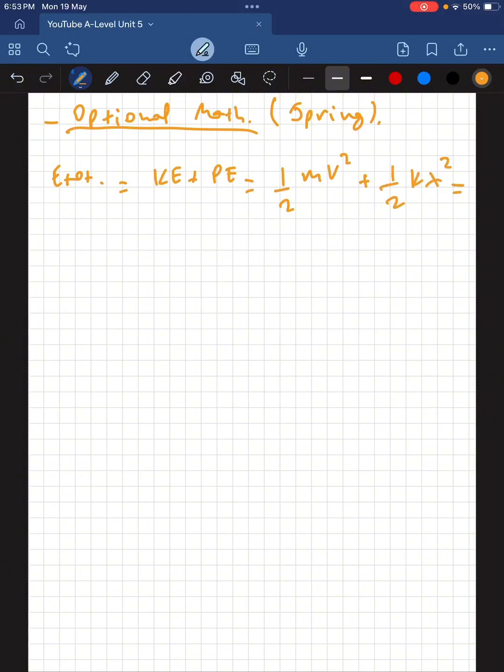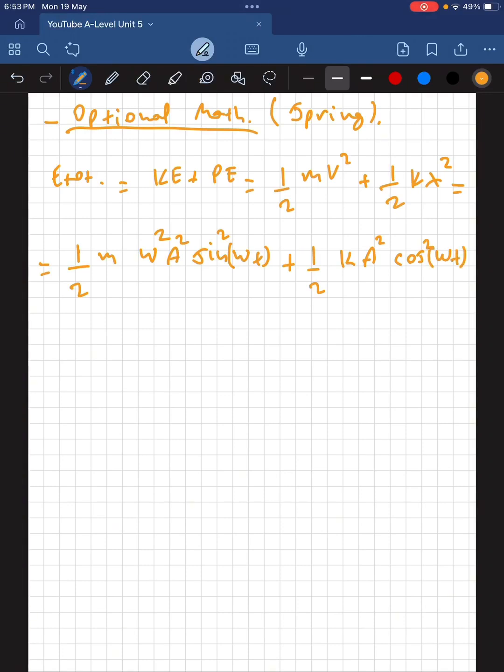That's from your AS level physics, okay? But as we saw, the velocity is given by omega times A times sine omega t, and I need to square all this, okay? And x, the displacement, is given by A cos omega t, so squared it gives A squared cos squared omega t,